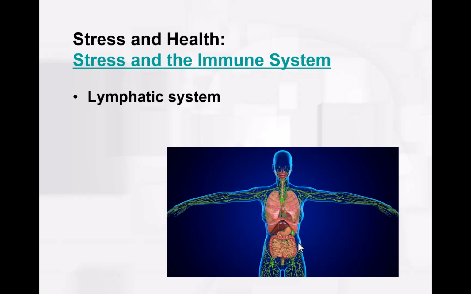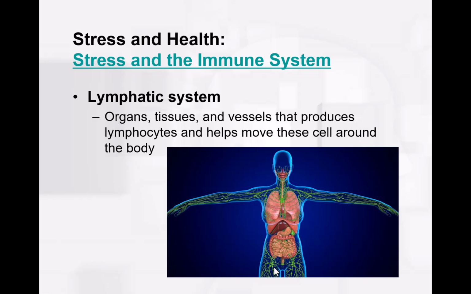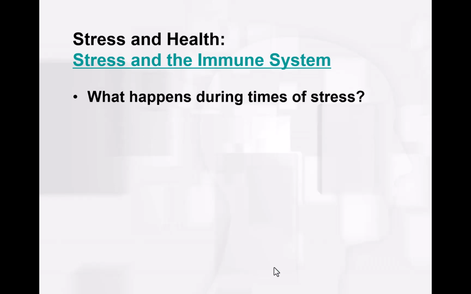So the immune cells are stored and delivered by the lymphatic system. So this lymphatic system that you see here in this image, all of these vessels here that go all over to various parts of our body, the lymphatic system are organs, tissues, and vessels that produce the lymphocytes, those cells of the immune system, and help these cells move around to again go to wherever those bacteria or viruses may be. So the lymphatic system serves as a transportation network for these lymphocytes, allowing them again to travel to various parts of the body. These coordinated movements of the lymphocytes is essential for mounting an effective immune response against these pathogens.